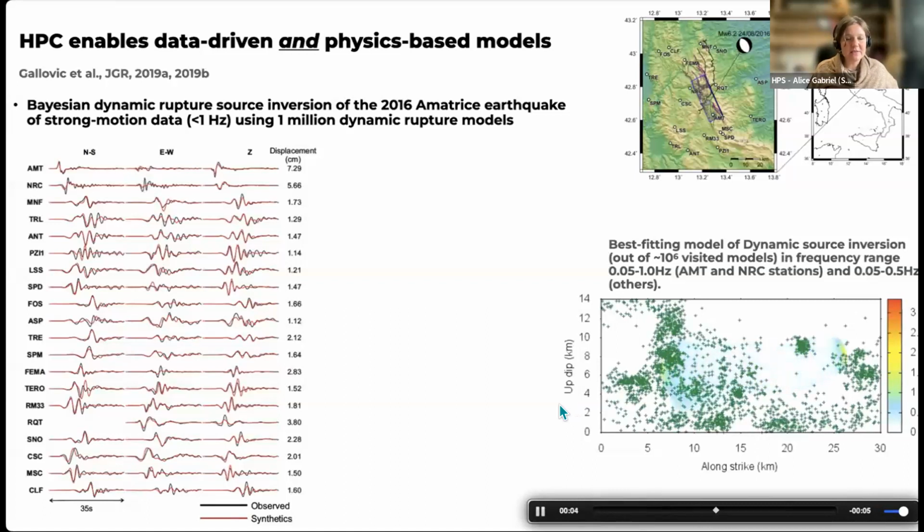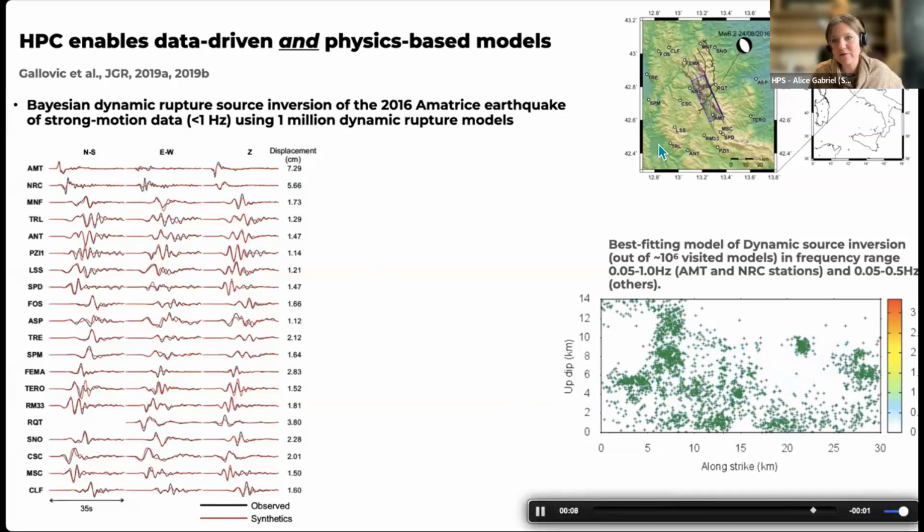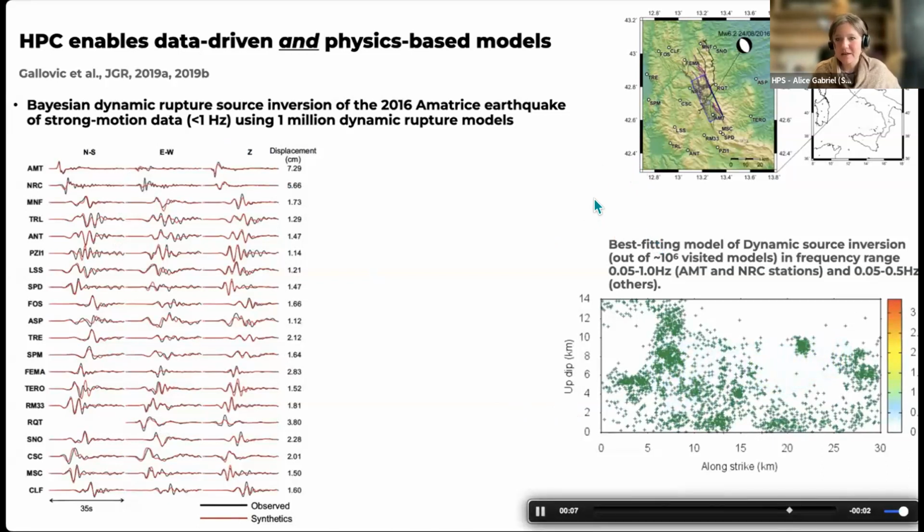If we want to do that, we need to use high performance computing because this enables data-driven and physics-based modeling. So here's an example of using strong ground motion recordings of an Italian earthquake, a normal faulting event in 2016, and we did solve an inverse problem here, but not a kinematic slip inversion, but inverting for the stress and the strength and the friction parameters on the fault. So this kind of dynamic source inversion